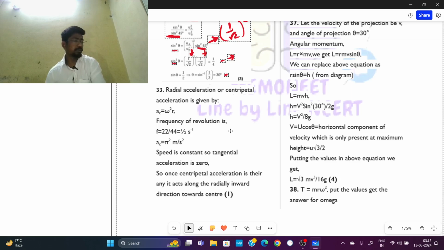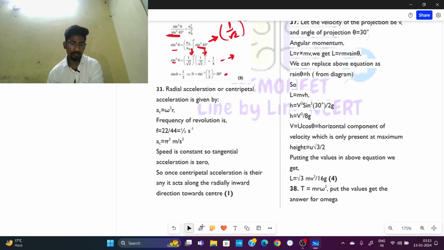Okay, moving on to the 33rd question. The stone tied to a string of length L is whirled in a horizontal circle with a constant speed, like this. This one is R, this one is R. If the stone makes 22 revolutions in 44 seconds,